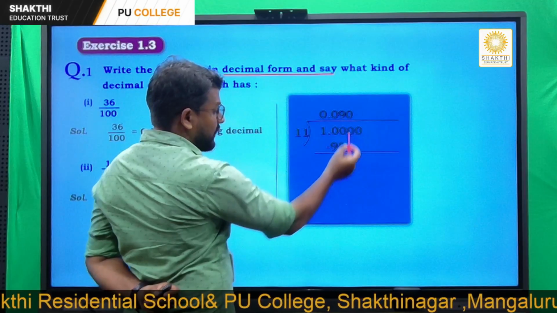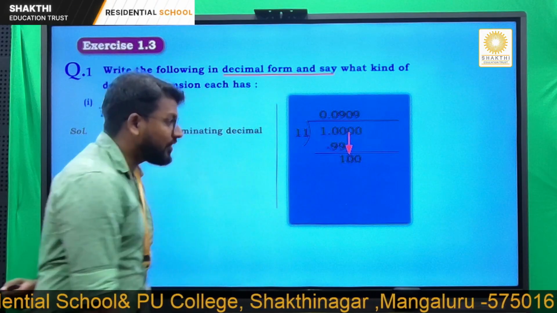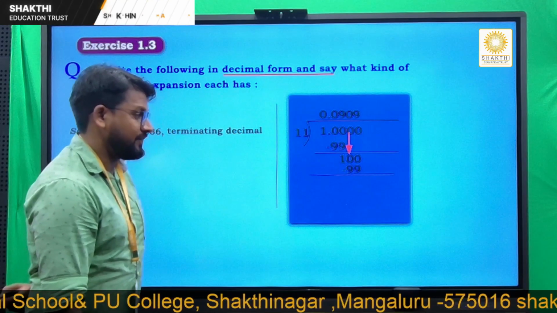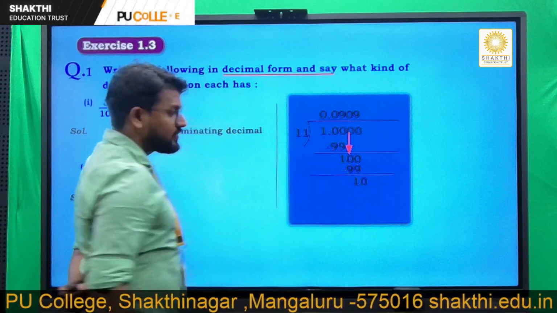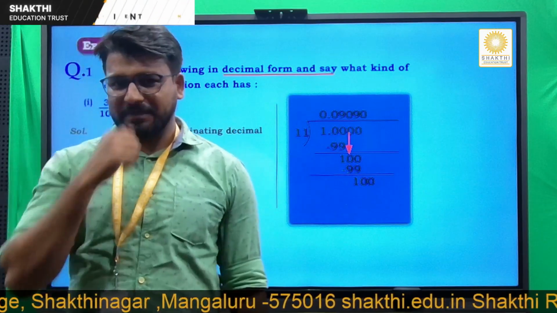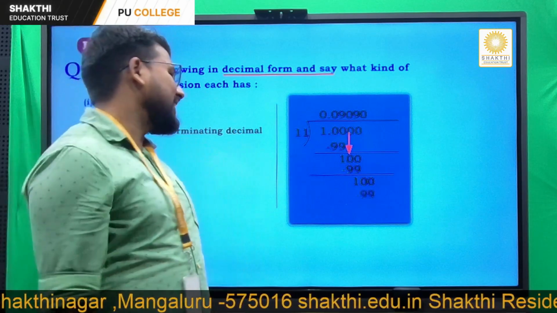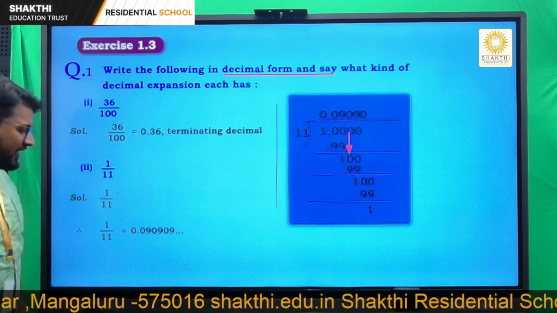One more 0 because 10 is less than 11. This 0 also I'll take down. So it is 100 and 11 nines are 99. Again the remainder is 1. The same thing continues here. Some of them already got the answer. So this comes out to be